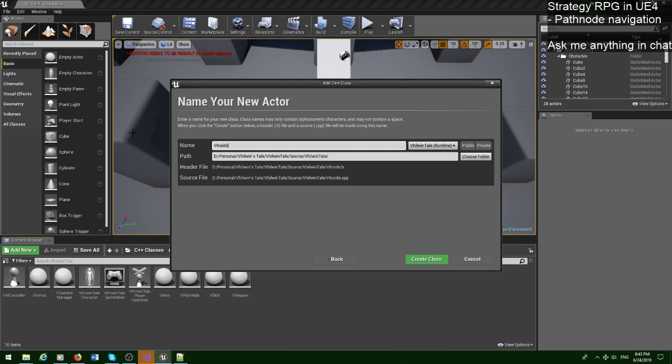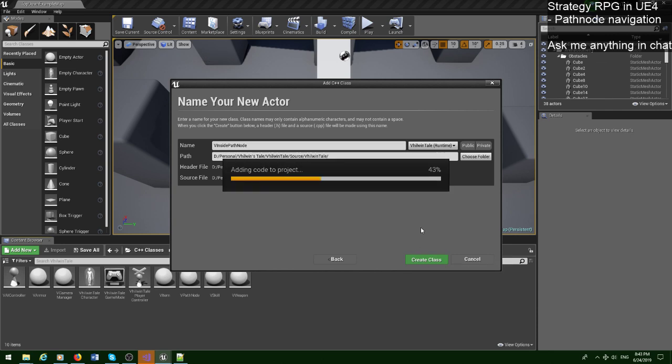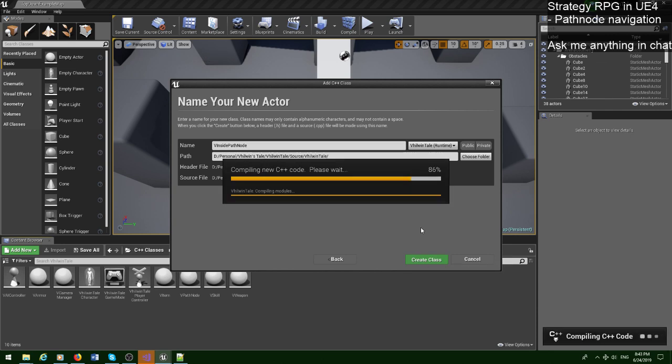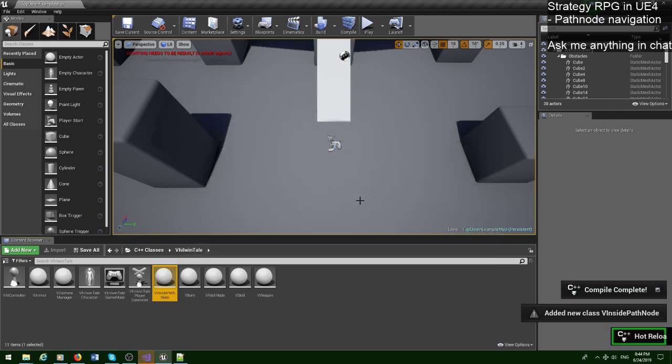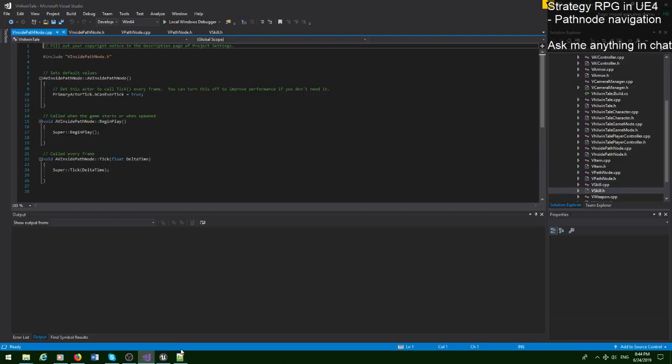V inside path nodes. In this strategy RPG, as I've designed it, traditionally you split out the map into a grid of either squares or axes. Sometimes they do things with heights and more complex 3D shapes, but usually it's just either a square or a hexagon. And I'm doing squares, but then within each square,